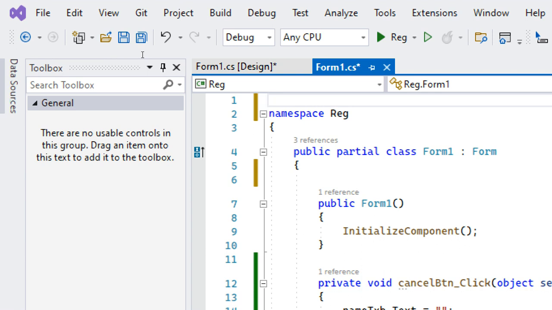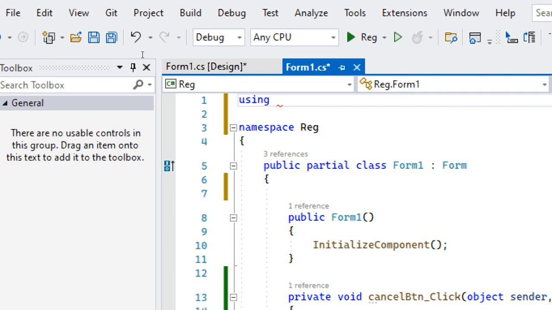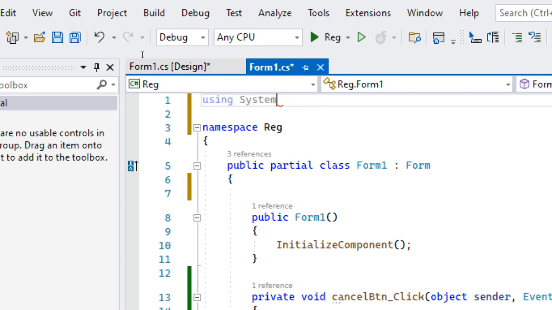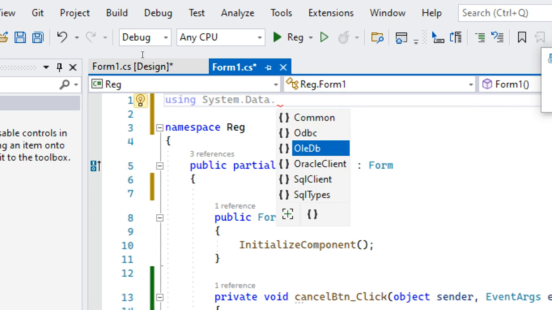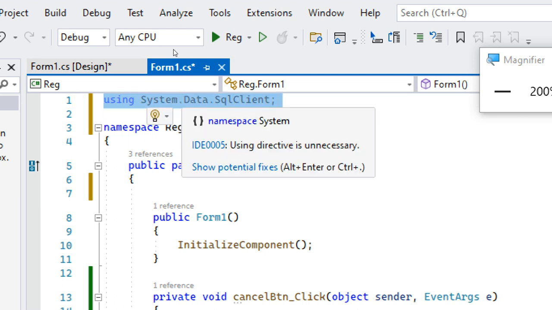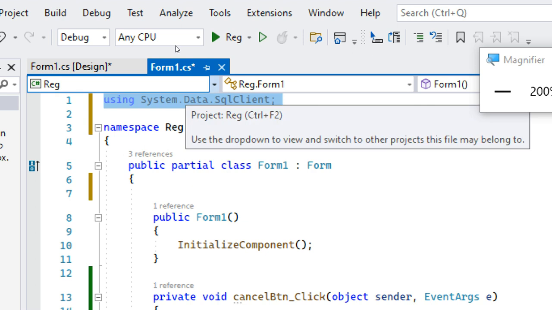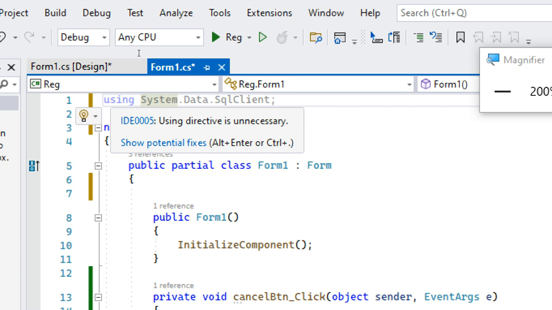Just including those, just go and also say using system.data.SQL client, like that. So this is the statement you will add. Yours comes already with other statements already, ne? They will be saying using what, using what. You just have to make an addition in between those using, or at the end of the last using statement,